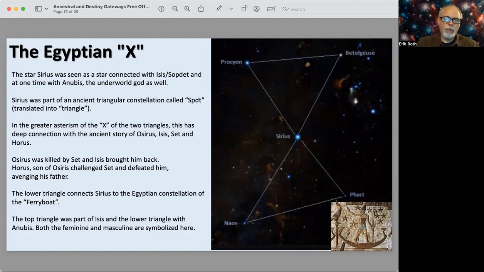But one of the cool things about this is that you have a top triangle and a bottom triangle. And I know that this could be upside down in the southern hemisphere, but we have both the masculine and the feminine represented or symbolized here, because the